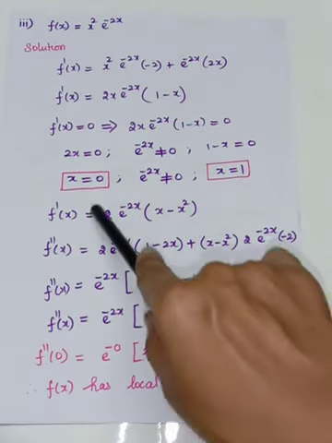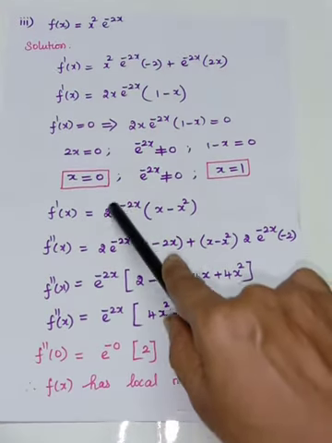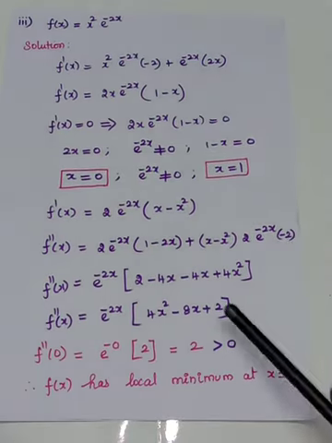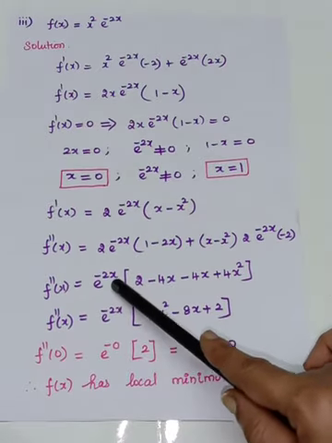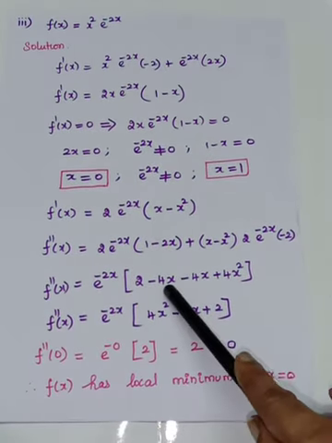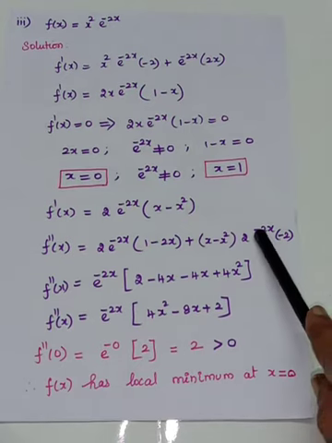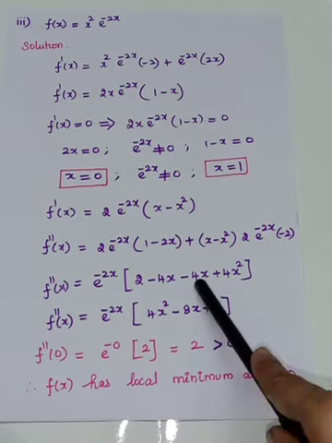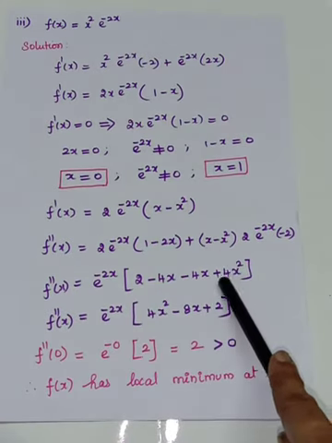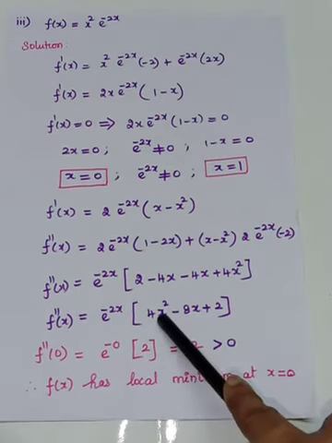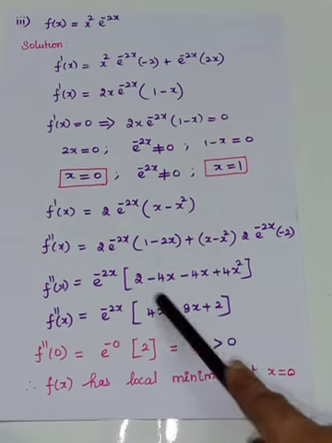So you are going to differentiate the first term. 2 is a constant. So e power minus 2x. How to differentiate? E power minus 2x, and the power has to be differentiated with respect to x, that is minus 2. So from these two terms e power minus 2x I have taken out. So 2 into 1 is 2. 2 into minus 2x is minus 4x. In the same way here this is taken out. Here 2 into minus 2 is minus 4. So minus 4 into x is minus 4x. Minus 4 into minus x squared is plus 4x squared. So e power minus 2x into, when you arrange, 4x squared minus 4x is minus 8x plus 2.